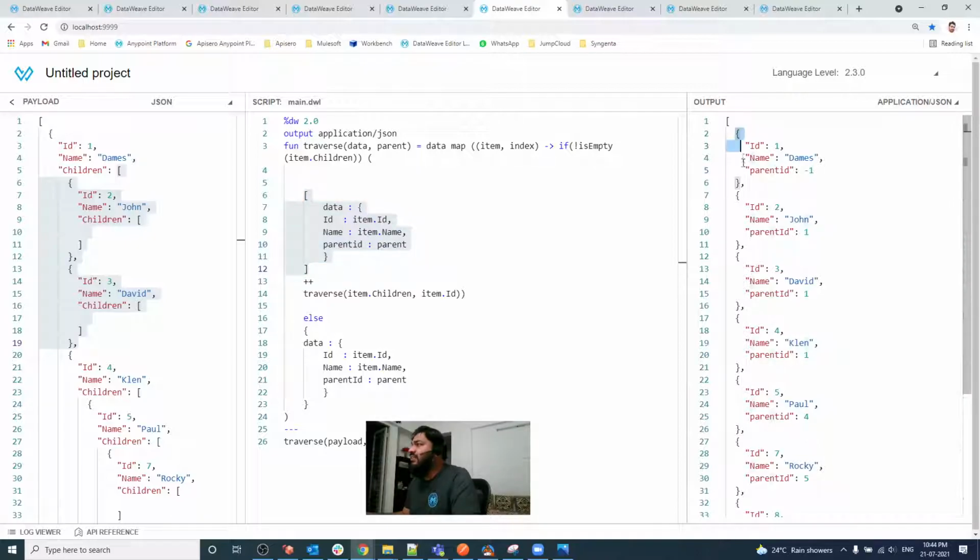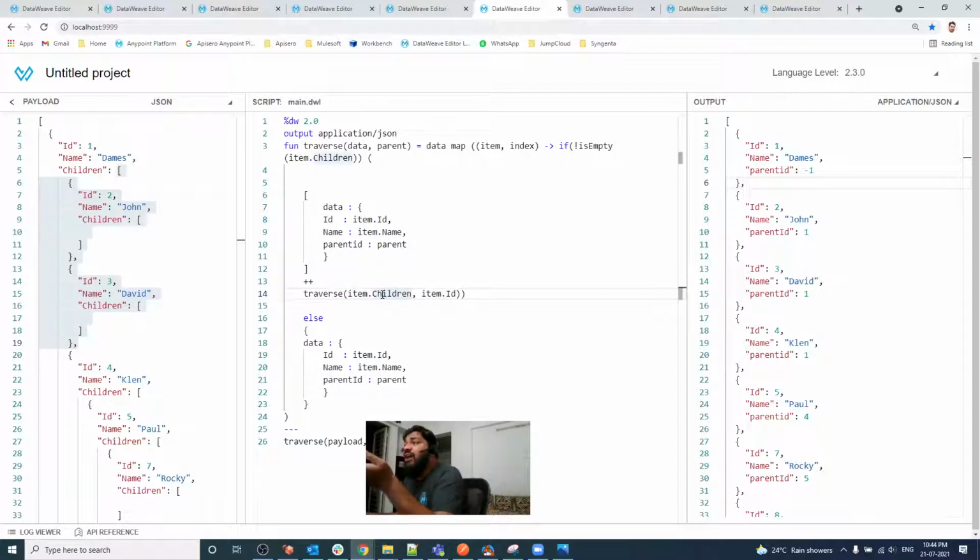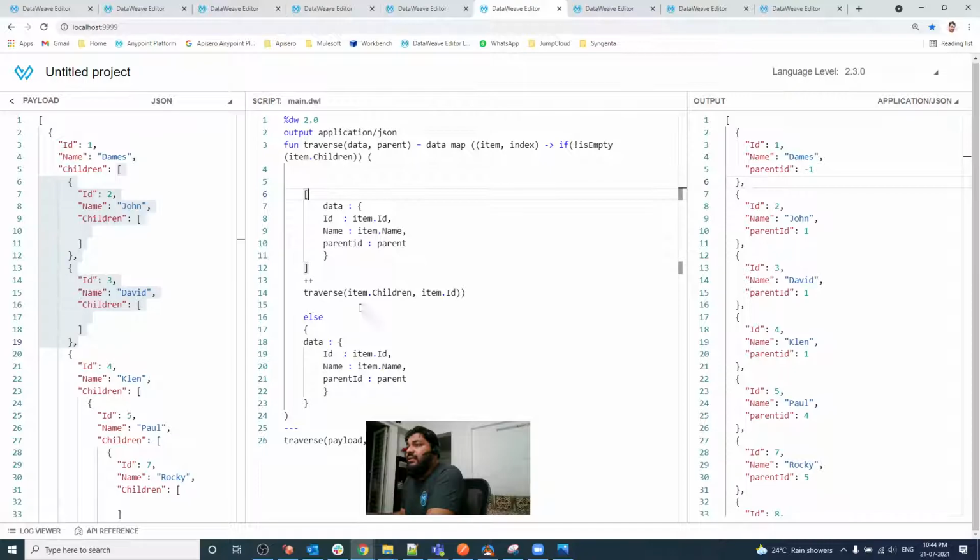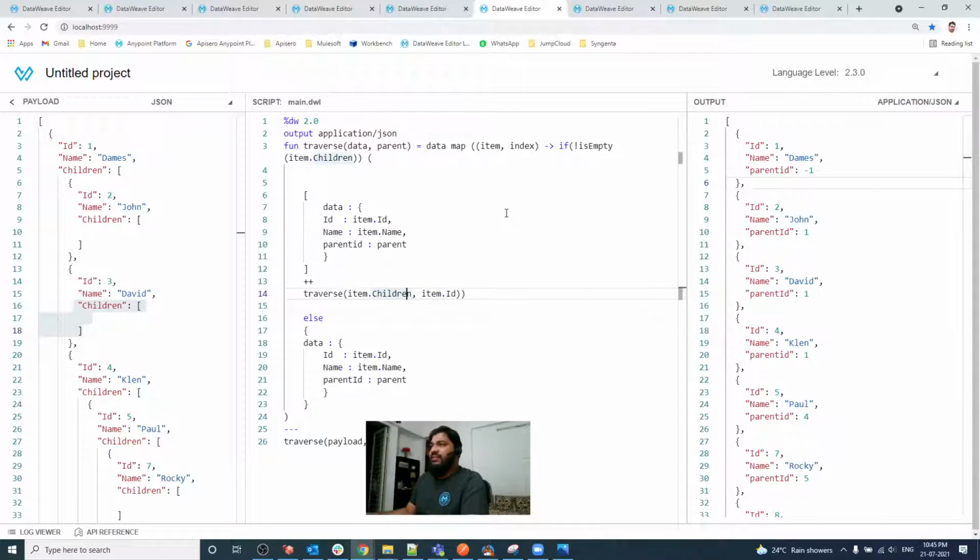As you can see, first it appends this, and we are checking Dems's children. Why are we checking this? Dems is the current item, and we pass it to the recursive function to check how many children Dems has. So we are applying an iterator over that. Once we get an item which doesn't have any child, the else logic is executed. The else logic is nothing but showing the current item. So we will be iterating till all elements that don't have a child. That's how we have done traversing from parent to child using recursion.